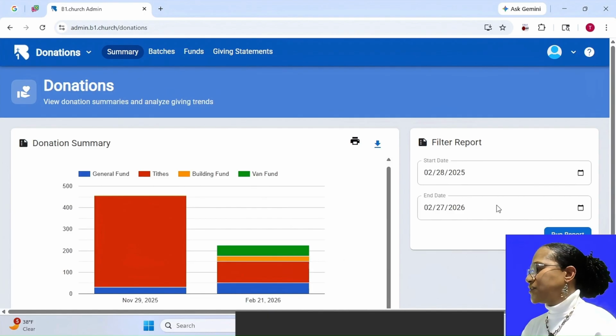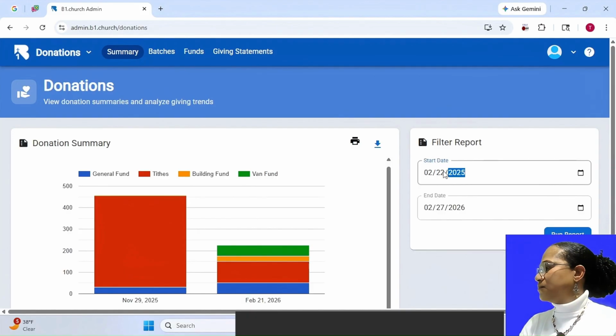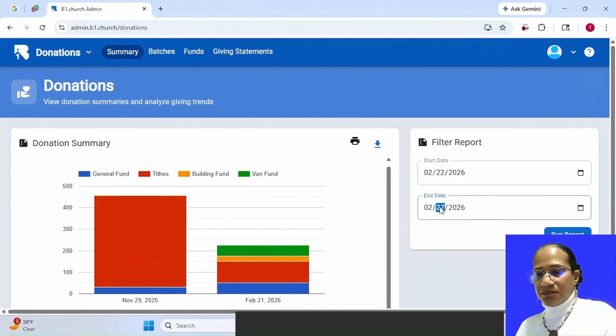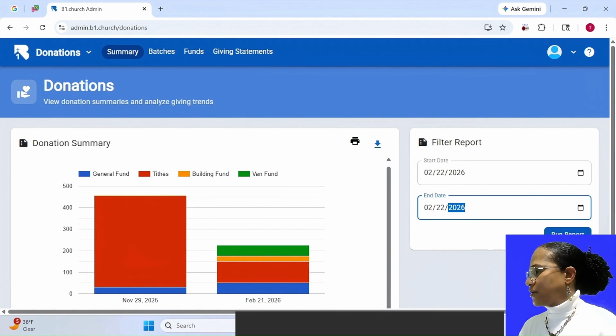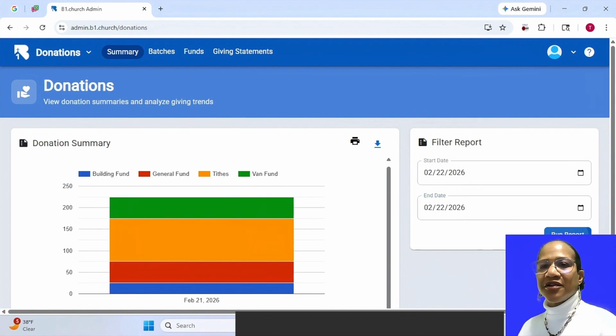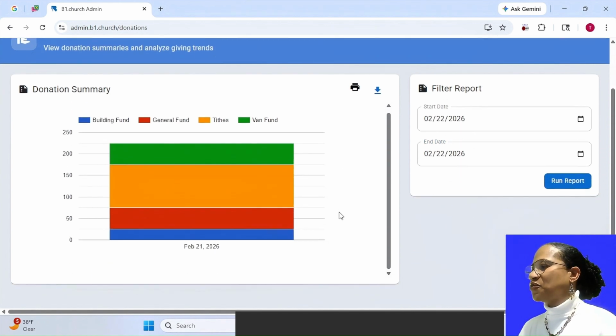If I only wanted to see the batch for February 22nd, I would change the dates, and then I can click where it says run report, and it'll only show me that date. So this is a nice graphical representation of the donations that your ministry may have received for a